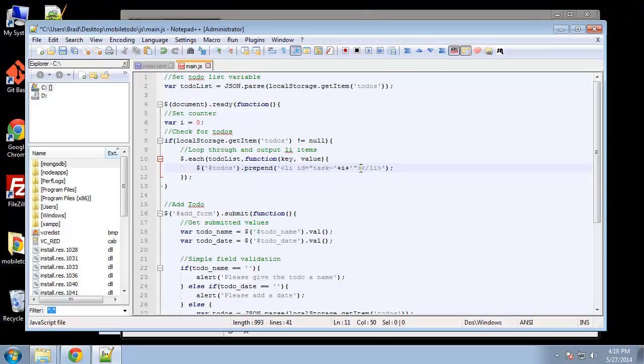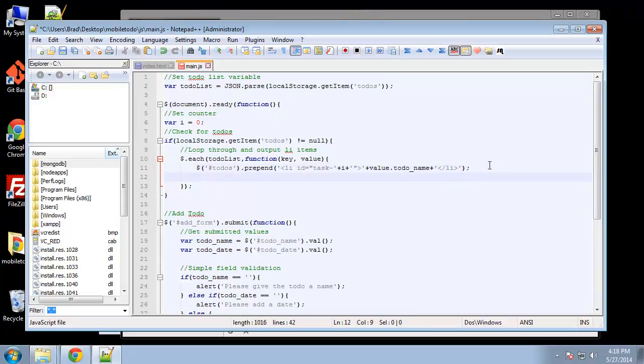So basically, we should be able to put some JavaScript in here, and we should be able to say value.todoName. Alright, so hopefully that'll give us a list with each name of each to-do. Alright, and we want to make sure that we increment this, so we want to do i++,